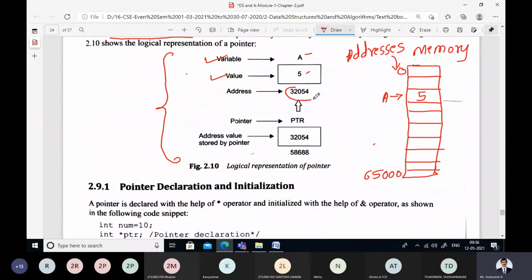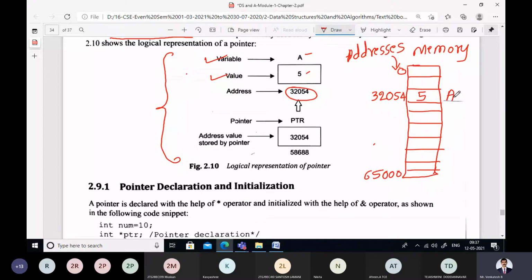In this case, the memory allocated for the variable a is 32,054. I'll write the variable name here, on the right side. This is the variable a.